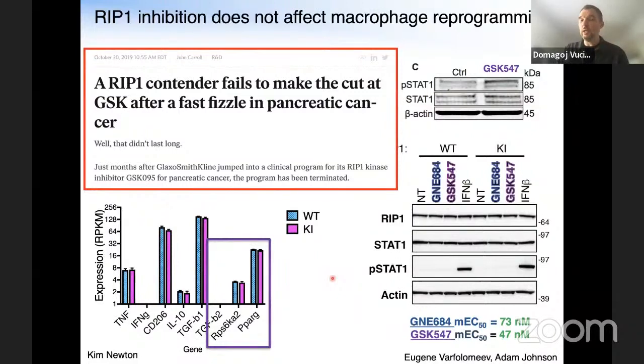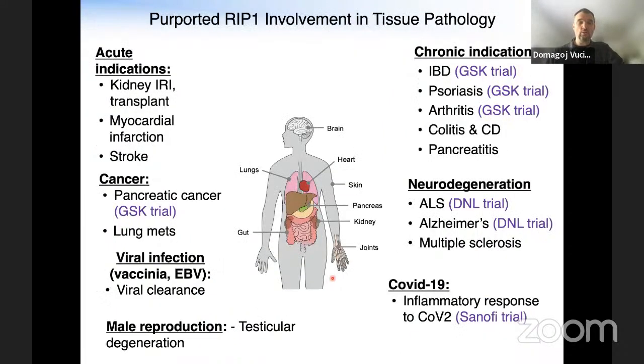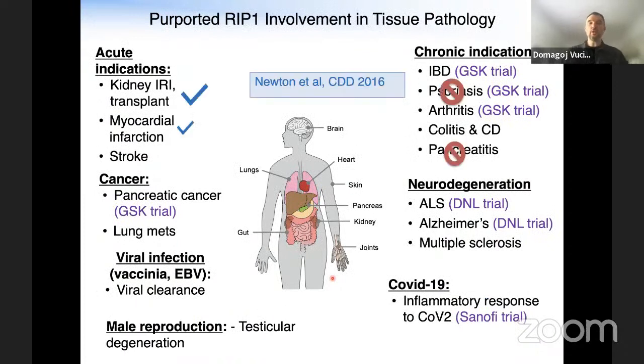They submitted an application to do it, but in the end they didn't treat anyone, which is good for patients because this is definitely a very wrong approach. Okay? So over time, we verified that RIP1 matters in kidney injury and in heart attack, but not in psoriasis, not in pancreatitis. It also does not matter in cancer, but it matters in forms of colitis and Crohn's